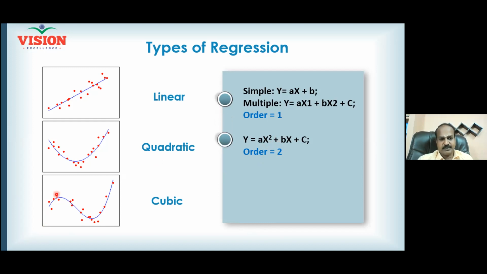Sometimes your scatter may reveal this kind of pattern. Going up, coming down, again going up, right? So this is called a peak and valley type. And now your regression model should be cubic regression. Do you know when to bring x cube, when to bring x squared, when to bring x term in your regression? So this knowledge will help you to build the appropriate regression model so that your prediction can happen beautifully.